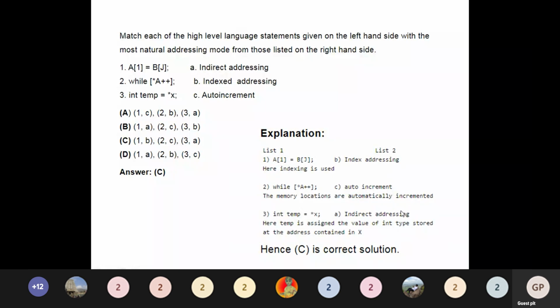The third is an example of indirect addressing: temp is assigned the value of int type stored at the address contained in X. So I can say the answer is option C: for 1 it is B, for 2 it is C, and for 3 it is A. So this is auto increment, this is indirect, and this is indexed addressing.